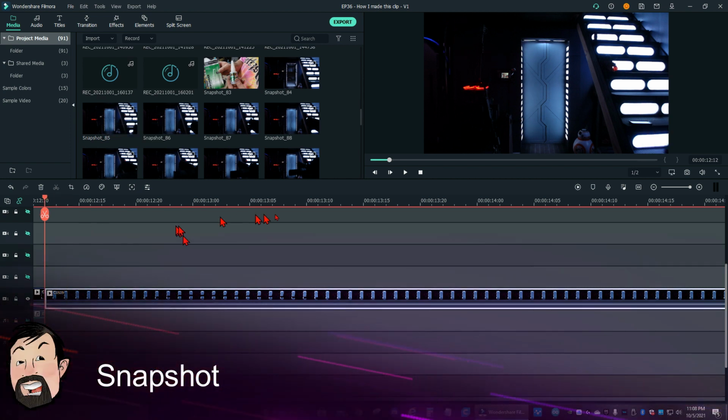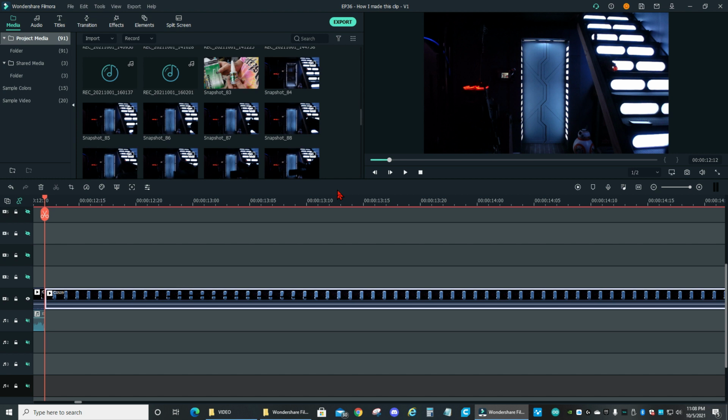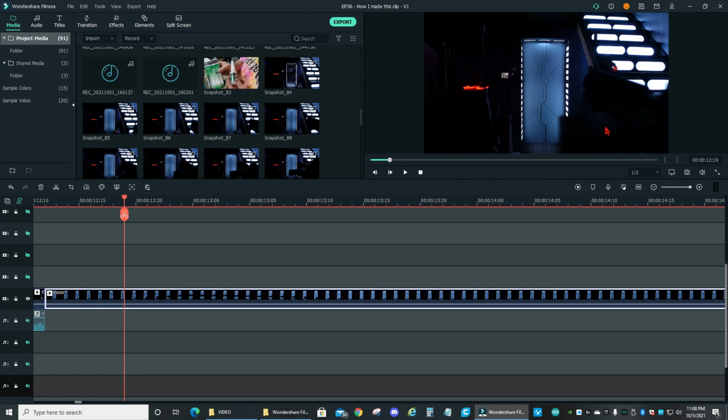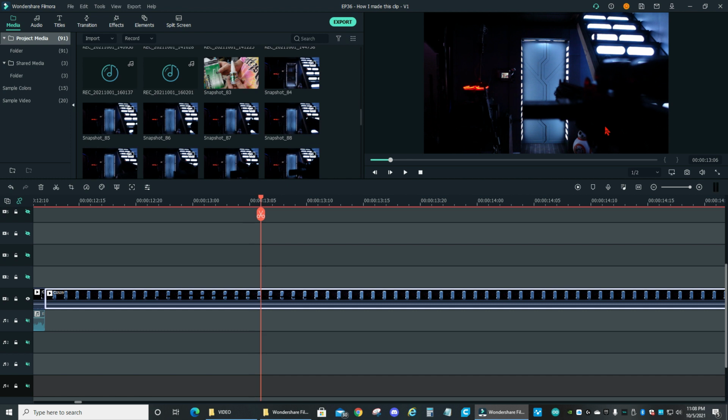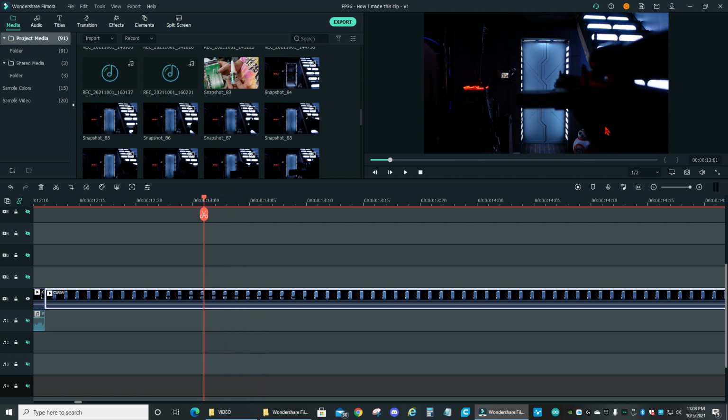So I'm going to go to the beginning here and then you'll see, okay, so I'm going to hit the cursor again. Boom, boom. Now you see that the blaster's coming into the picture. So I would hit the snapshot there, go to the next frame, and then hit the snapshot again. And I would hit the snapshot until the blaster starts to go in reverse. So that way you could see right about there. So you would have 1, 2, 3, 4, 5, 6, 7, 8, 9, 10, 11, 12, 13, 14 frames